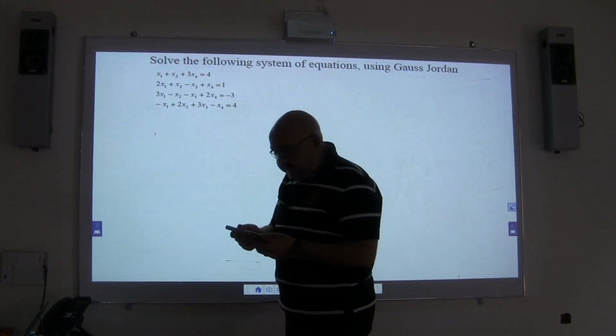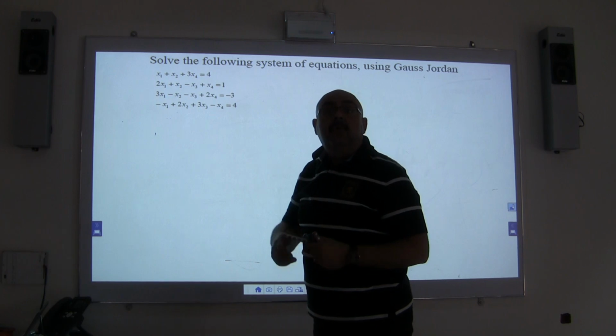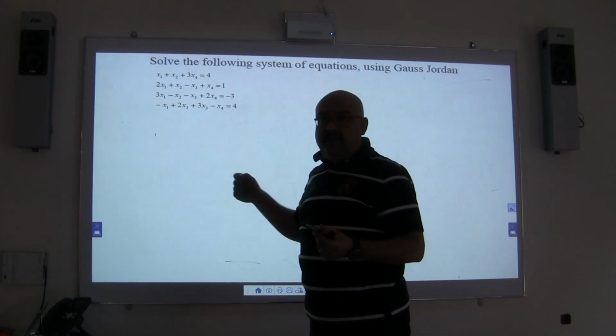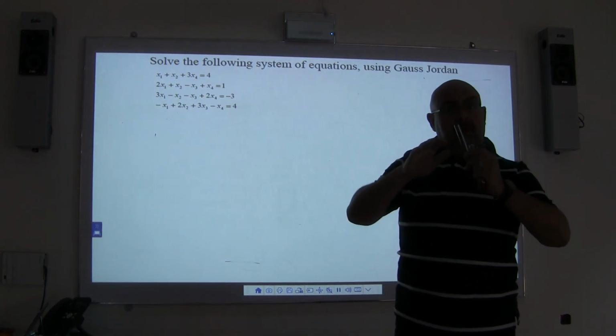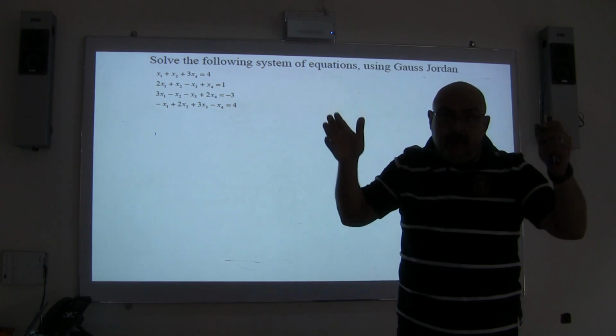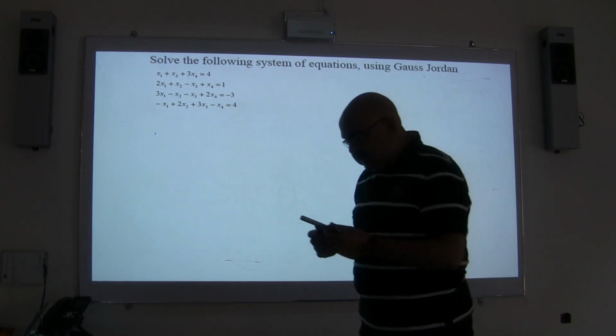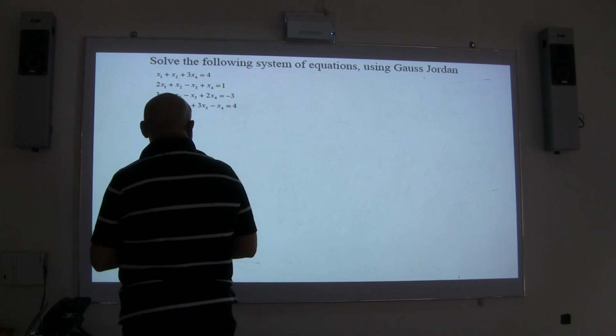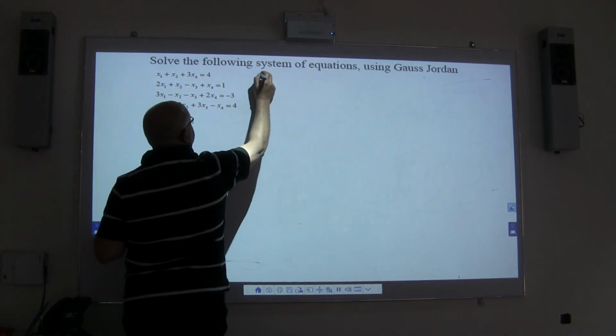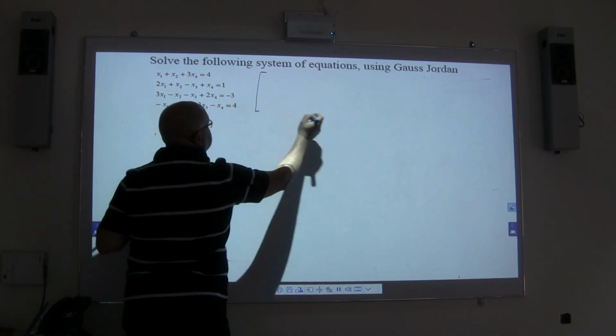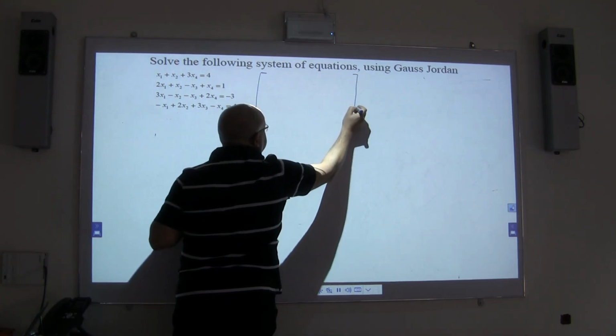The next step is trying to put them in a matrix form. Since I'm going to solve it by hand, I will put it directly in an augmented matrix. How do we put it in an augmented matrix? I will open a matrix like this,